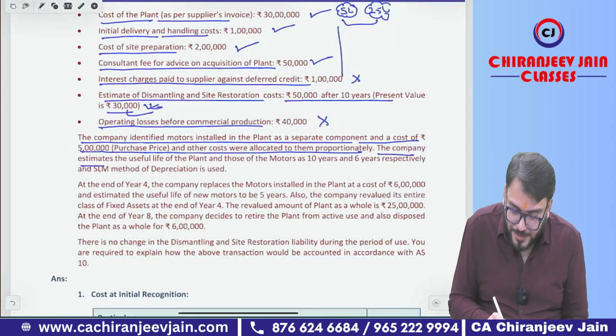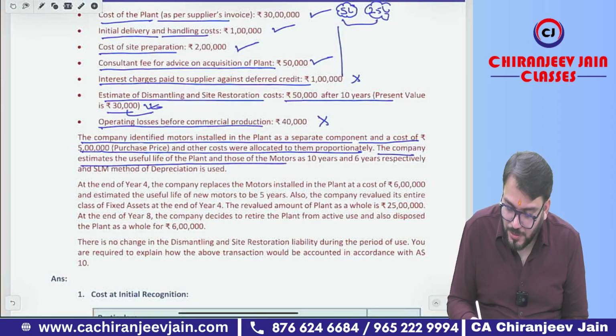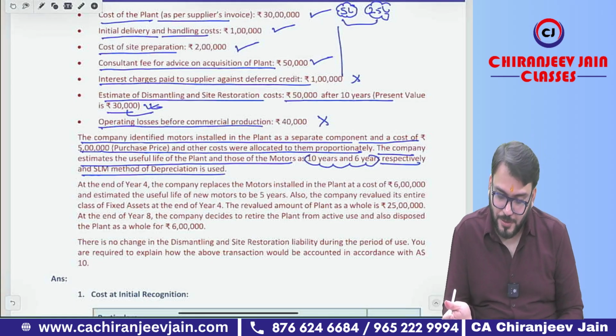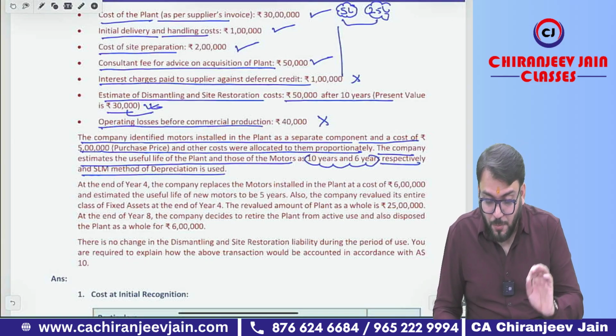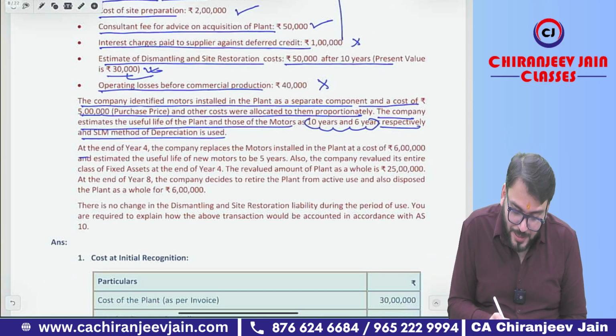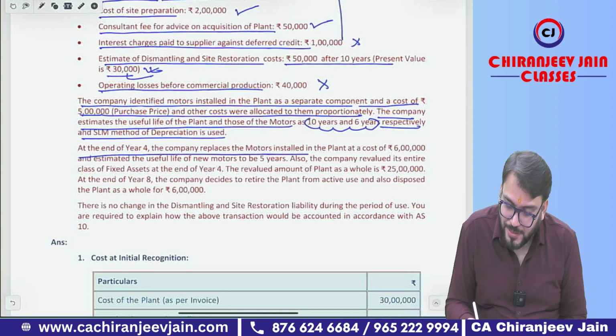The company estimates the useful life of plant and motor as 10 years and 6 years respectively, and the SLM method of depreciation is used. So for plant, the useful life is 10 years. For motor, it is 6 years. At the end of year 4, the company replaces the motor installed in the plant at a cost of rupees 6